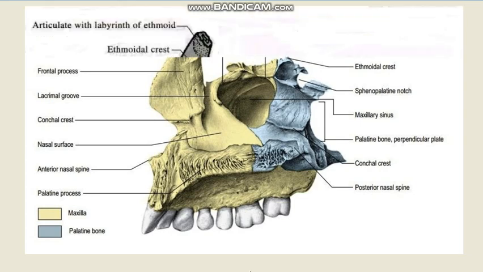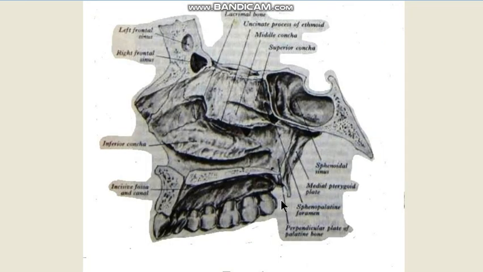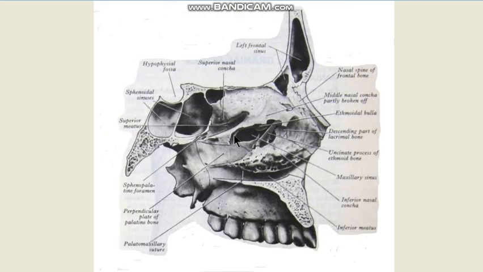Now if we look at another schematic, here you can see again that opening on the medial surface of the body of the maxilla, articulation with the labyrinth of the ethmoid, with the perpendicular plate of the palatine bone, with the lacrimal over here closing this hiatus. Let us see how it is closed. Here you can see superior nasal concha, middle nasal concha, inferior nasal concha on the lateral wall. Now we will break through the middle nasal concha here, and now you can make out the ethmoid. The ethmoid over here and its uncinate process.